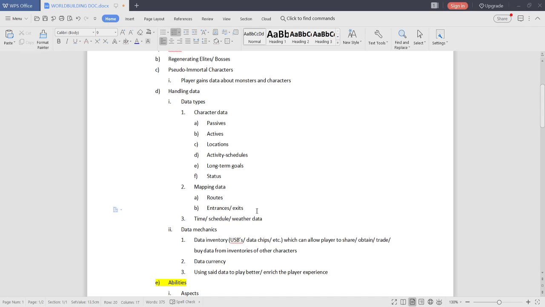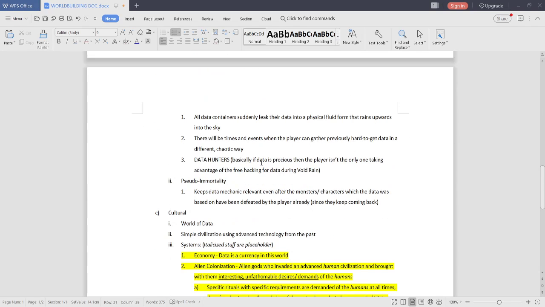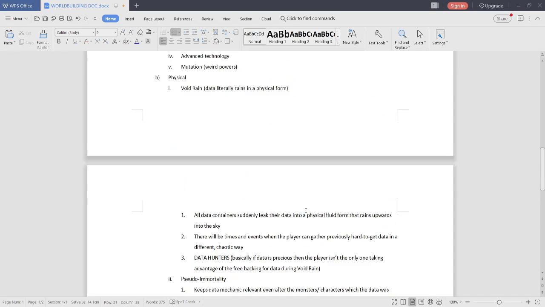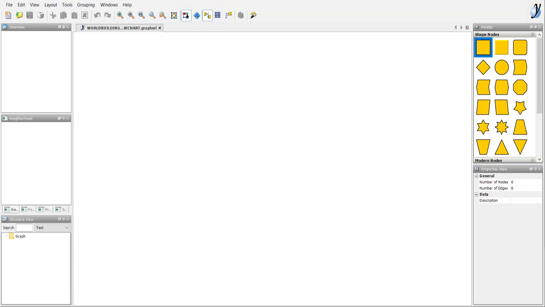So mapping data. Let's see. I guess another way I could have done this, or at least I prepared another app, if I were to show you, there.